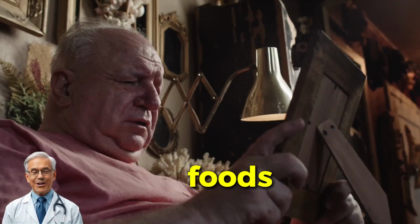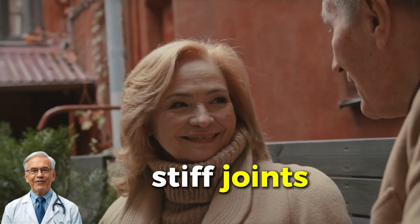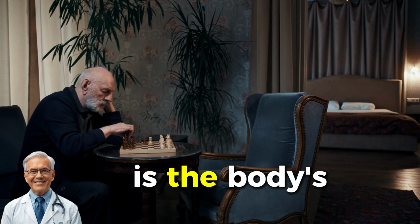10 collagen-rich foods you must eat for your legs and joints. After the age of 60, problems like swelling, aching knees, and stiff joints become a daily struggle for many people. What most do not realize is that one of the biggest reasons behind these issues is the body's sharp decline